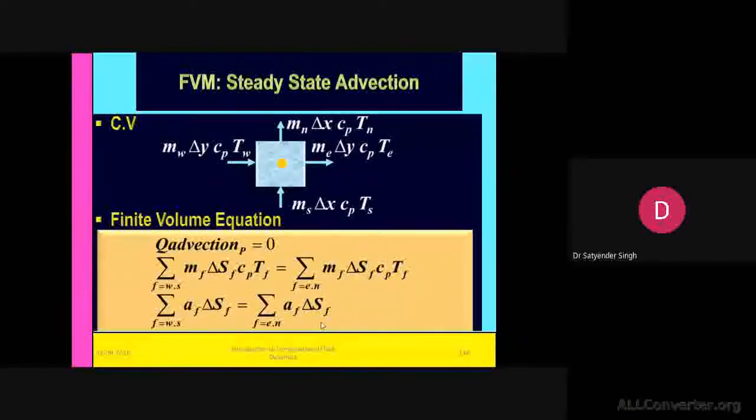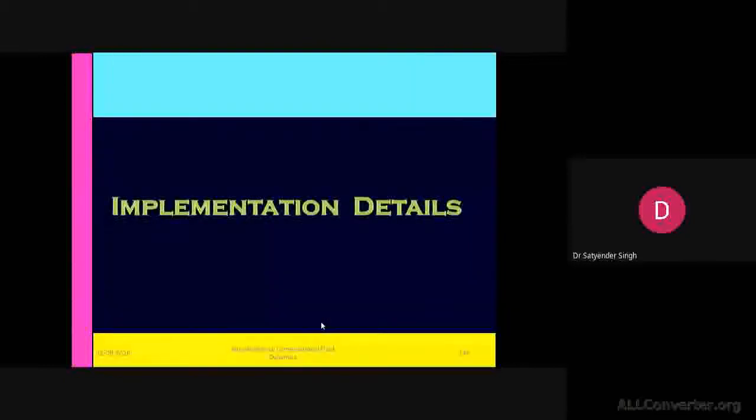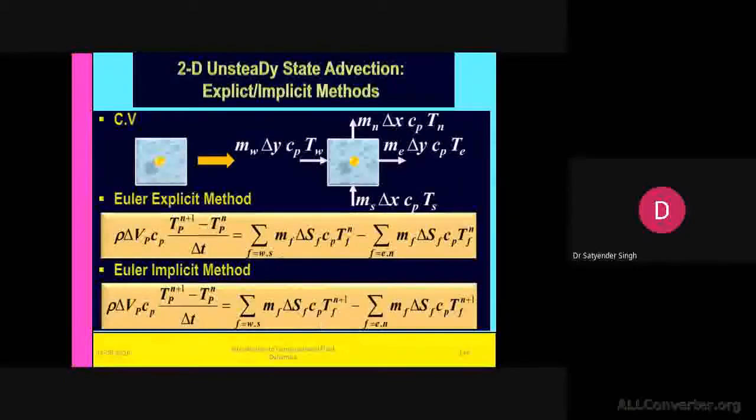Likewise, as earlier, we again have to apply the implicit or explicit method, and it takes this form. Then we have to find the fluxes; this is the temporal term, and this is the advection flux. In the explicit method, it will be solved for n plus 1, keeping all the n terms on the right hand side.